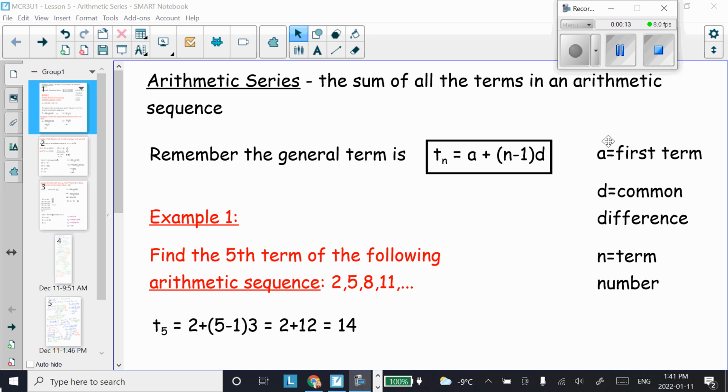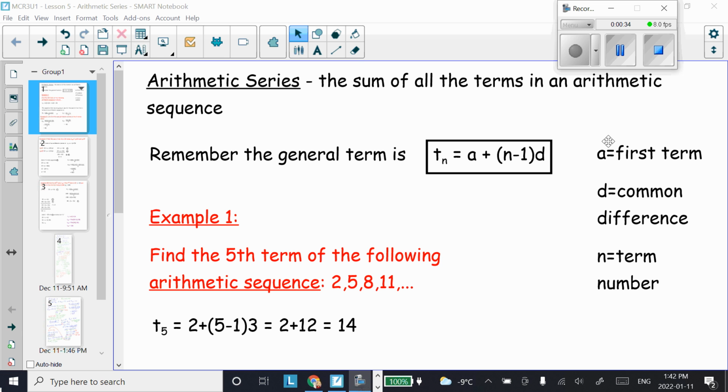Today is lesson 40 for the semester, and I'm going to go through what an arithmetic series is. You know from a previous lesson that an arithmetic sequence is a set of numbers that are increasing by the same amount, right? So if we were to graph those values, it would be linear. Today we're going to look at finding the sum of all of those numbers in an arithmetic sequence,